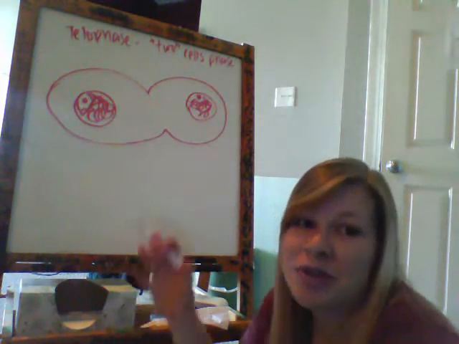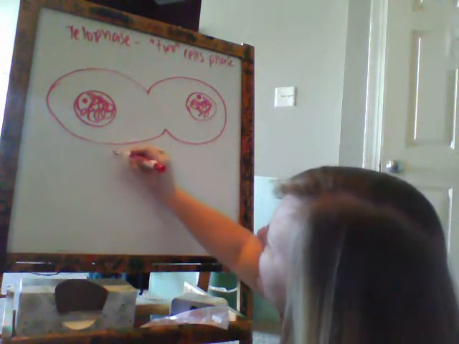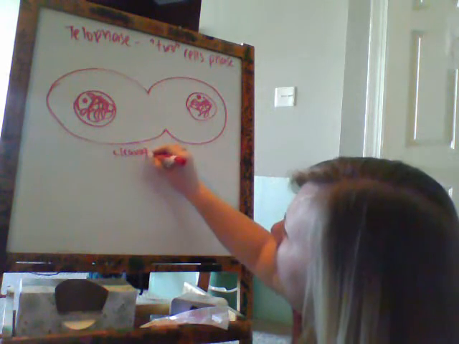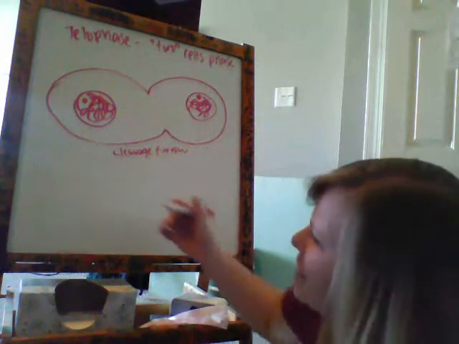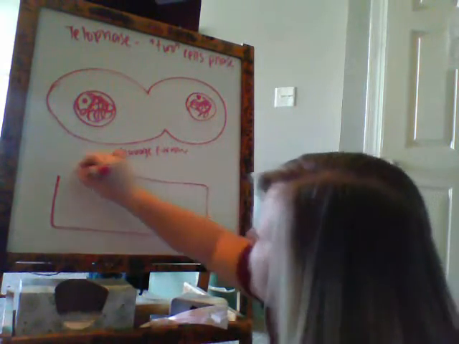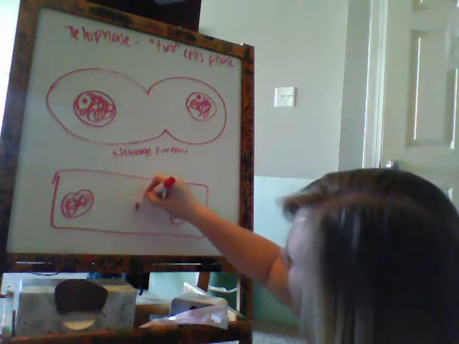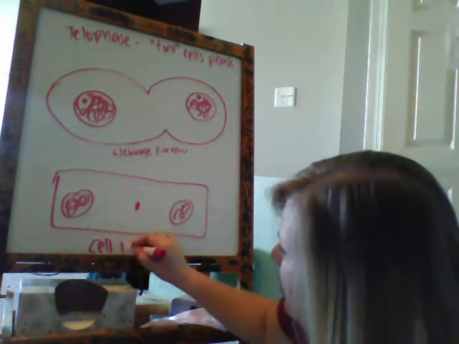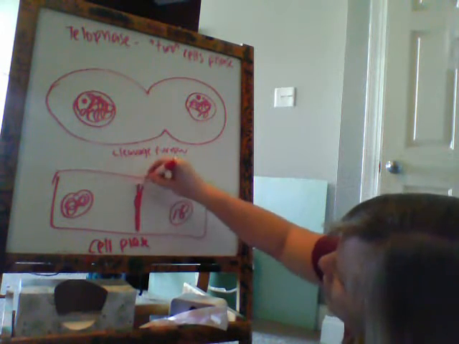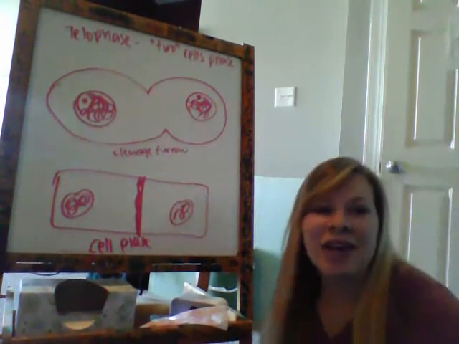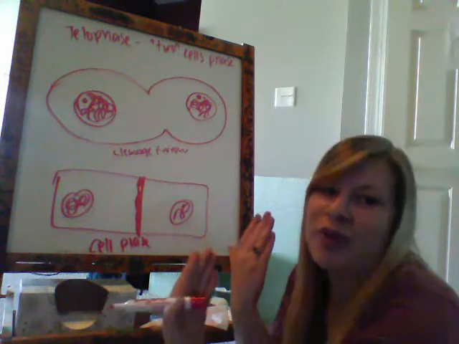Cytokinesis is splitting the cytoplasm to completely break these two cells into separate pieces. This cell that I wrote is an animal cell. In animal cells, we have this thing called a cleavage furrow. And that means that it's starting from the outside and pinching inwards. If I had a plant cell, we'd have a slightly different structure. That slightly different structure would start in the middle, and it's called a cell plate. So the cell plate starts in the middle and kind of expands one way and expands the other way and expands and expands until it stretches the length of the entire cell. And when that cell plate is all the way formed, those cells can come apart from each other and separate